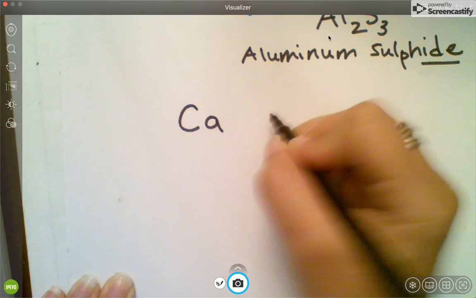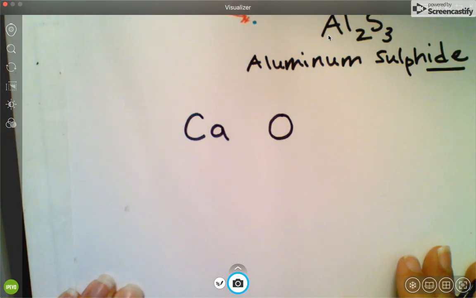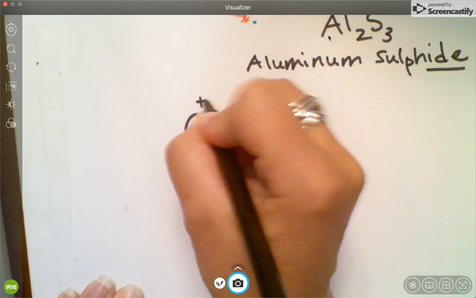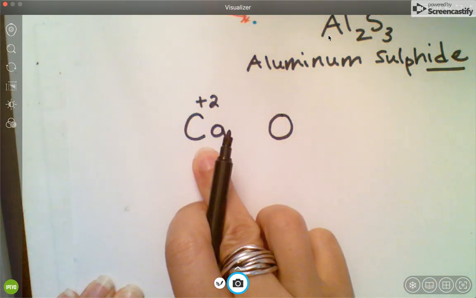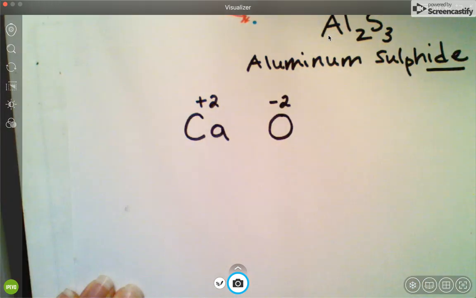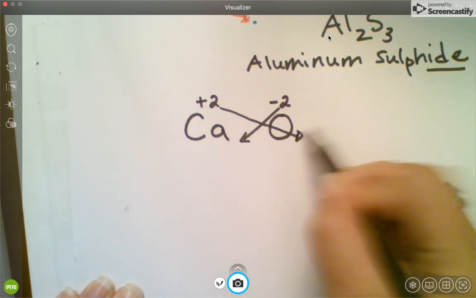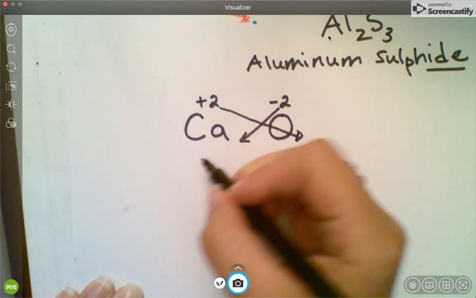If I was to do another one for you with calcium and oxygen, I go and take a look at the periodic table, and I notice that calcium only has 1 valence option, and it has a charge of +2. Metal written first, non-metal written second. Oxygen is always a -2. It's looking to pick up 2. When I crisscross, I notice the formula here will become